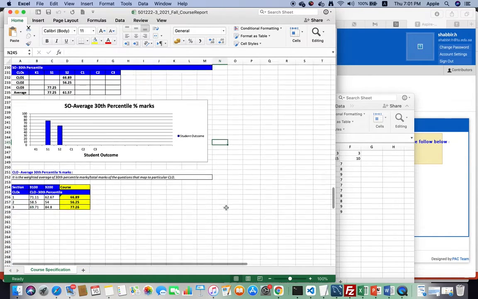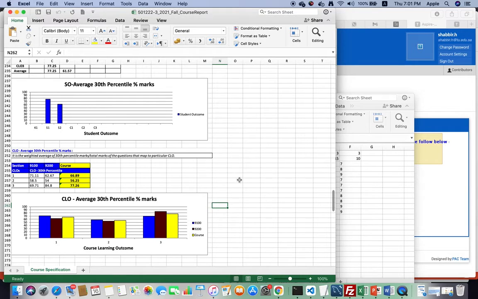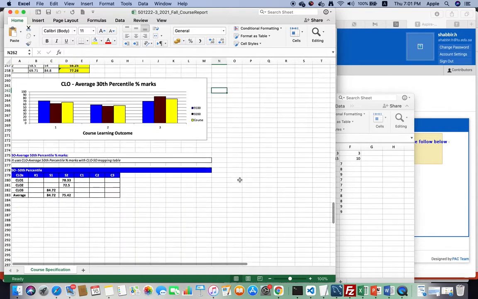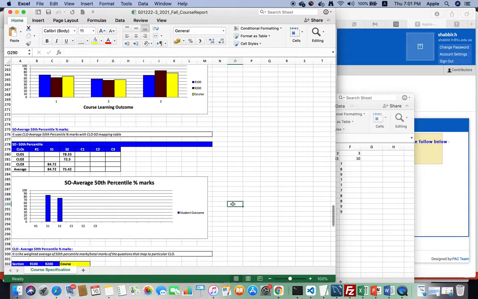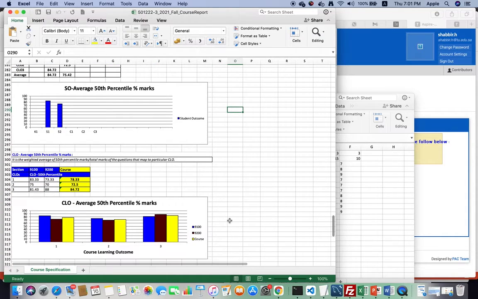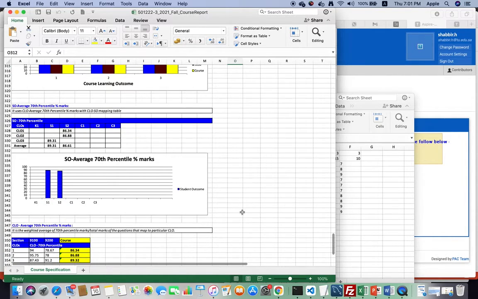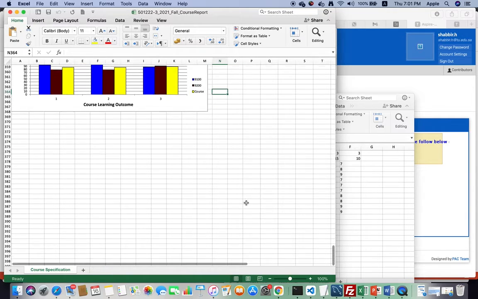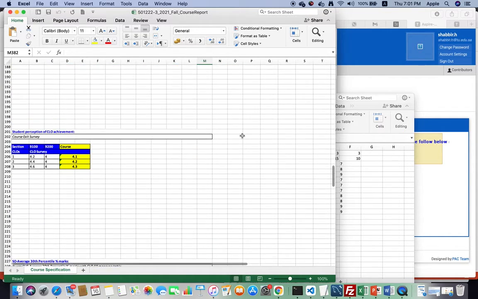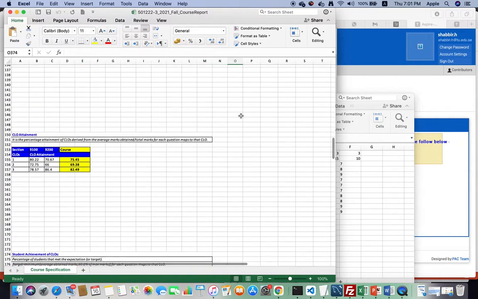30th percentile, you can see, 50th percentile, and you can see the comparison, and this is the overall average, right? In the yellow color we can see the color code here, right? It will show you the 9100 is blue, and the other is brown, automatically it will pick, right? So all the statistics which are required for the accreditation team,